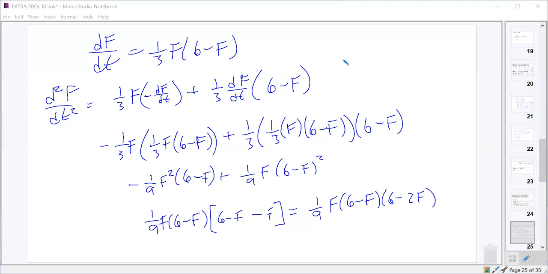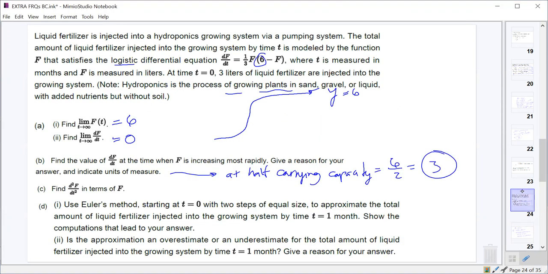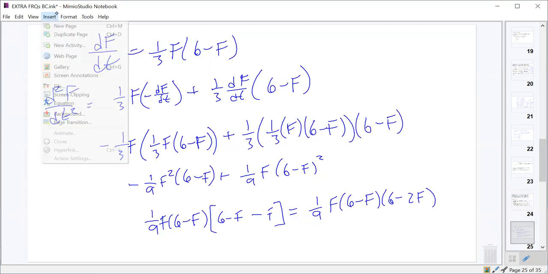And if you really wanted to, you could factor out a 2 from this, but I don't see any particular reason to do that. All right, and then it just says to find it. Okay, and then it says to use Euler's method, starting at t equals 0 with 2 steps of equal size to approximate the amount in the growing system at t equals 1. So using Euler's method,